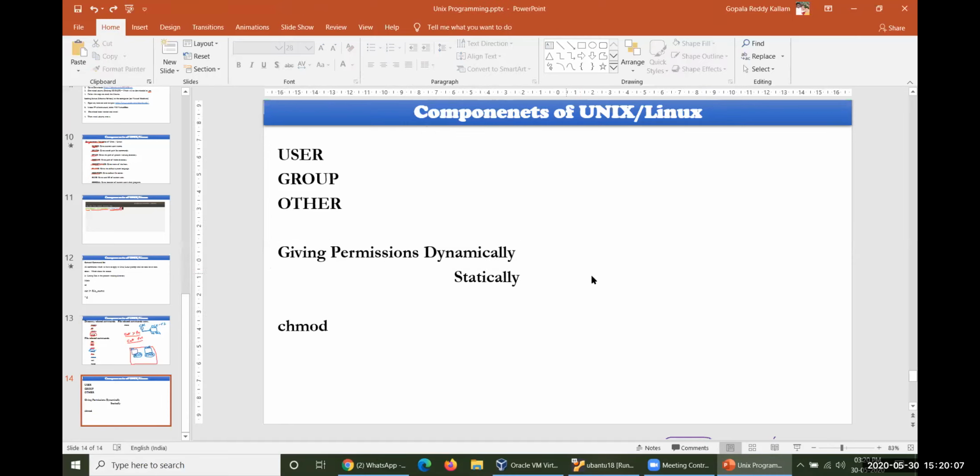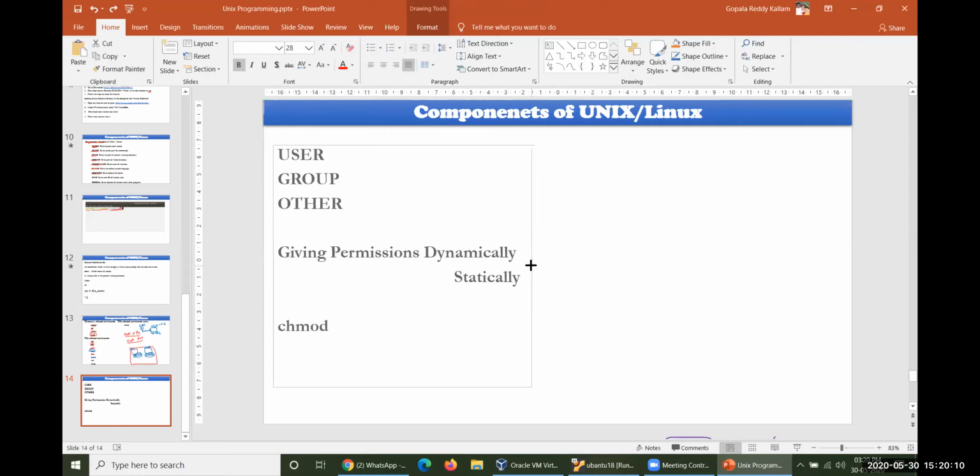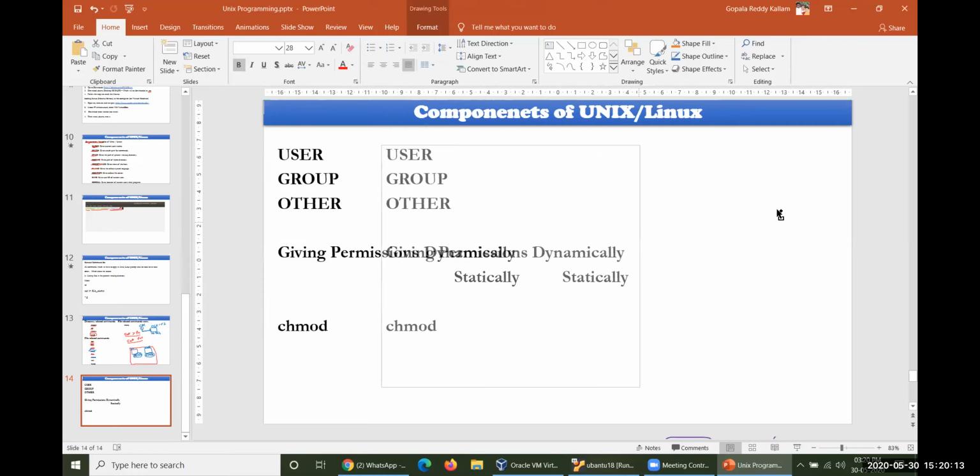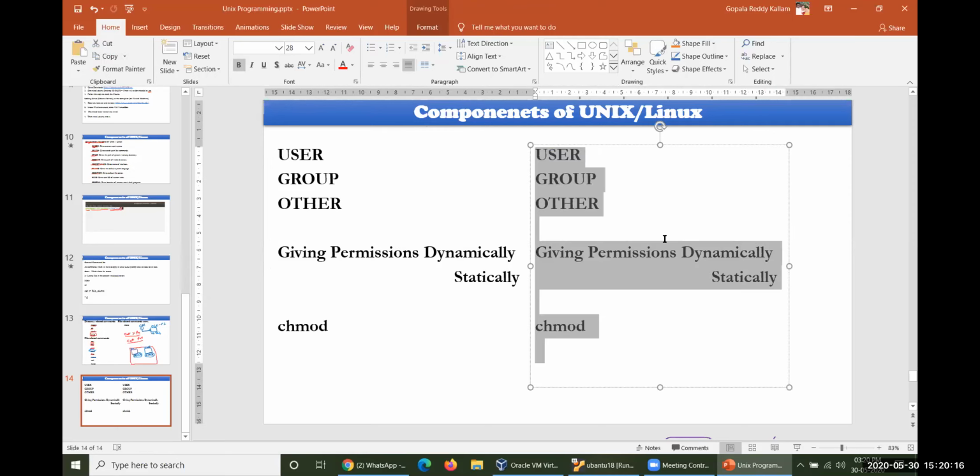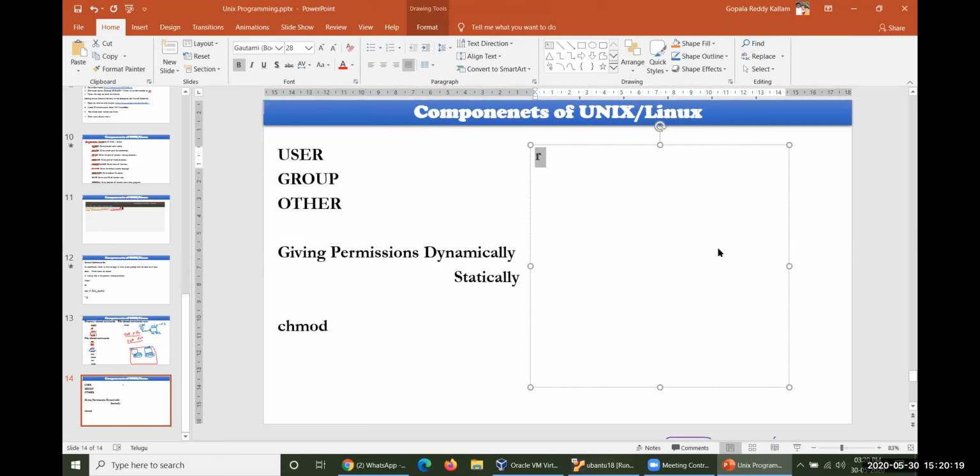As far as a static point of view, the permissions will be changed in such a fashion. Let me consider, there are read permission will be there. Number 1, read. This permission system is also called the octal permission system. In octal number system, we do have 0, 1, 2, 3, 4, 5, 6 and 7. These are the octal numbers which are available for us. Then how could you generate these things here?